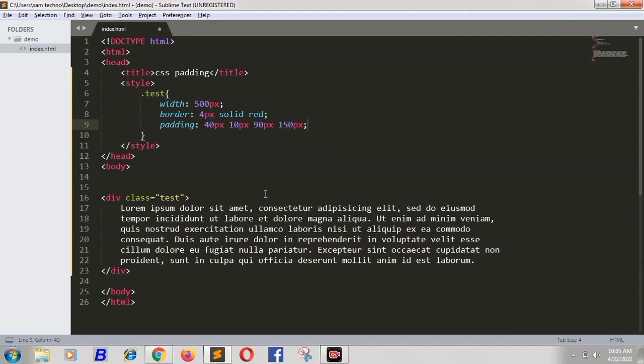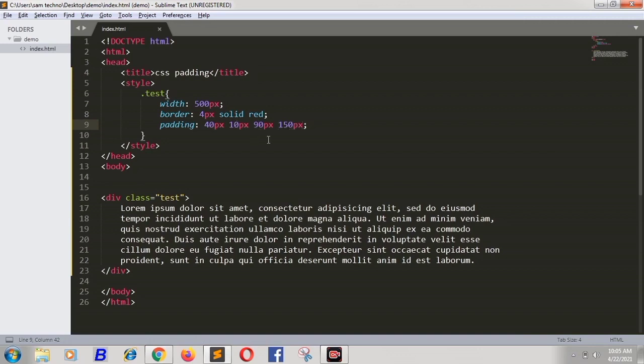To do that, 40 pixels is from the top, 10 pixels from the right, 90 pixels from the bottom and 150 pixels from the left. So it works clockwise: top, right, bottom and left.